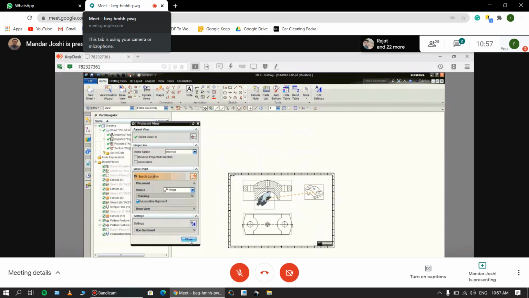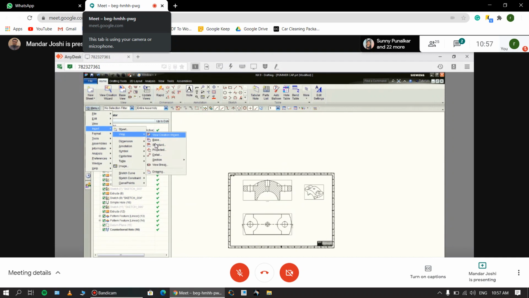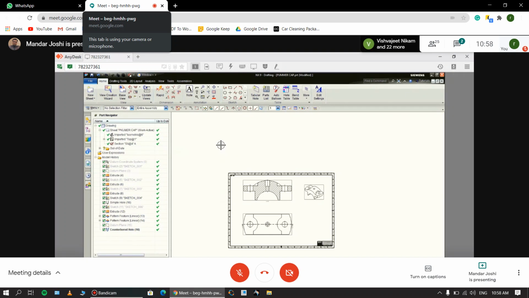and then close. So for any front orthographic view or isometric view, we have to select base view, and the other views, that is the projected view, you can generate through here, or you can go to the menu and use the view option, insert option. In the insert, you will see the view. Here you can use that projected, and for section, only the first type of section we are seeing, simple section. So this is all the settings and some initial views placement in the drafting.